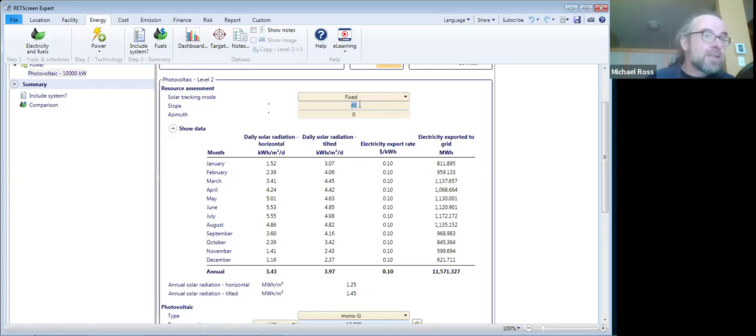You have to space your rows of photovoltaic modules further apart, because the more vertical the module is, the further it casts a shadow behind it. So you have to space rows further apart. And that means it takes up more land or more roof space. So I'm going to lower this to 30 degrees here, which still should be high enough to reduce any snow